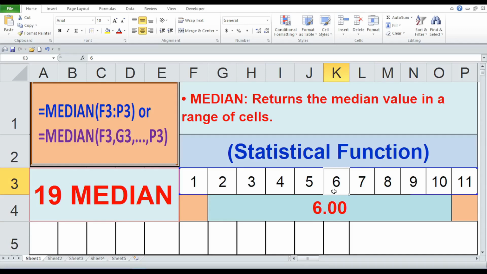Demonstration 2, understanding the median's resilience. Now, let's experiment with the median function to see how it responds to changes in the data set. Scenario 1, changing a value. If we change the value in cell F3 from 1 to 0, you'll notice that the median value remains unchanged. This is because the median is a robust measure of central tendency, meaning it's not significantly affected by outliers or